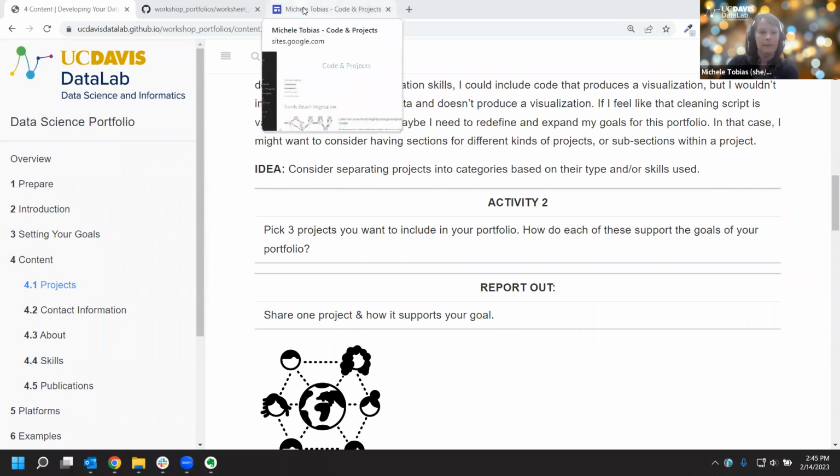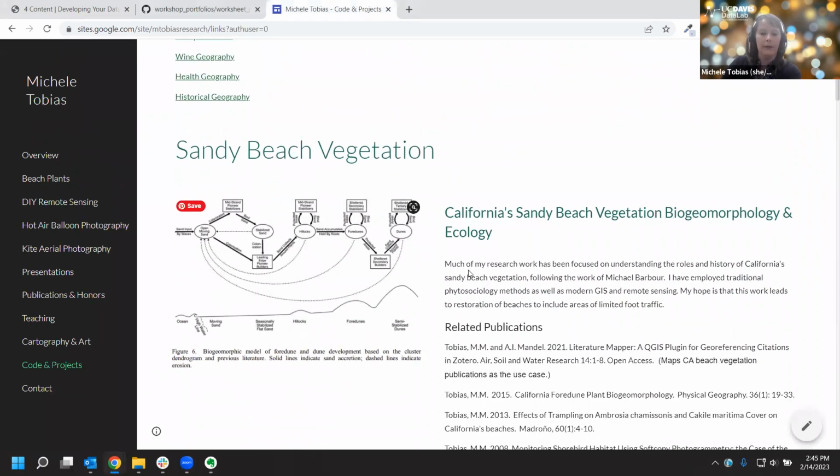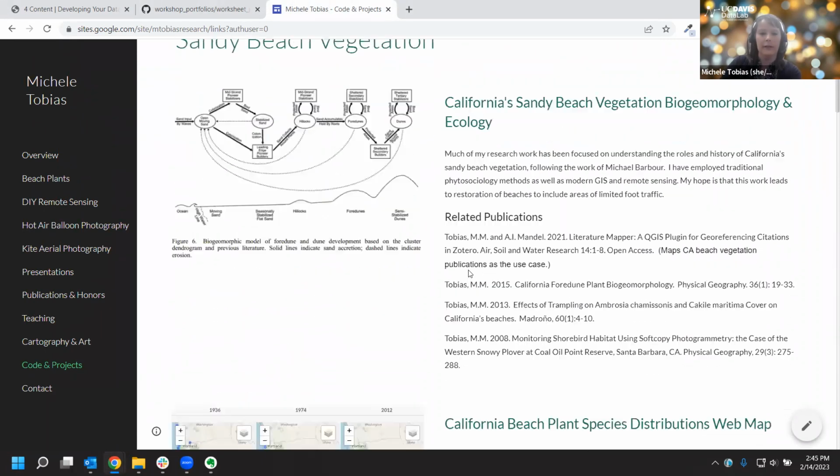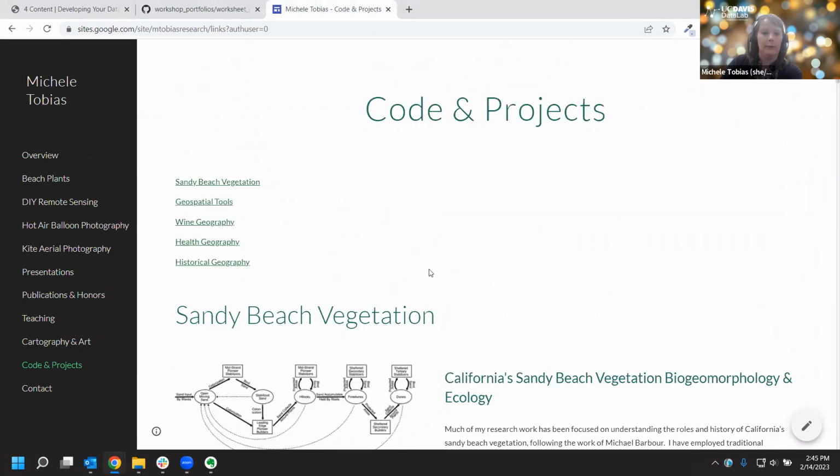So in the meantime, I'll talk a little bit more about mine specifically. Sorry, I'm scrolling around and probably making people motion sick. One of the things as I was reworking my portfolio page in the last month or so while I was writing this workshop was